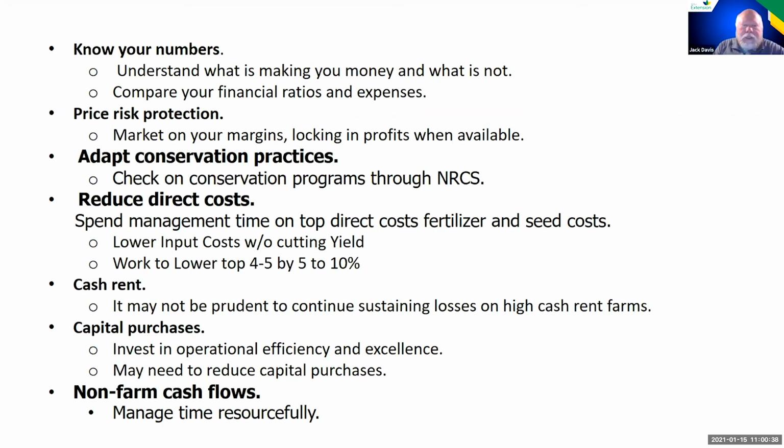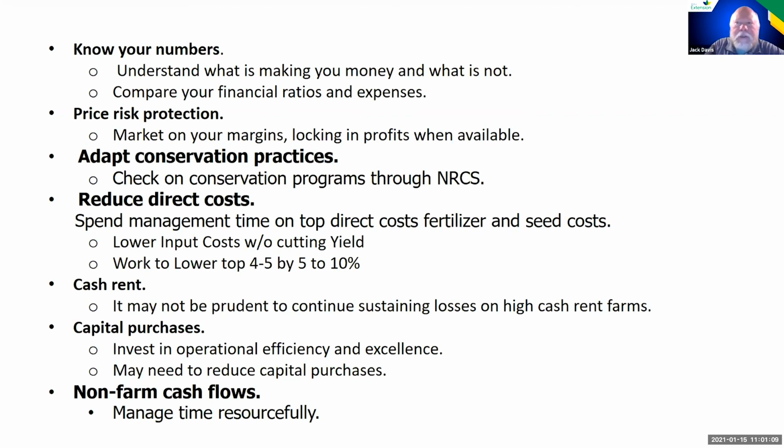Yeah, rents, I think you just have to know what each farm is doing for you. That really becomes a personal choice, and it is a tough one, because if you give up acreage you feel isn't being productive, your other acres have to pick up those fixed costs. I think we've done a really good job of controlling capital purchases as we came into this recent downturn of the last 4 or 5 years.